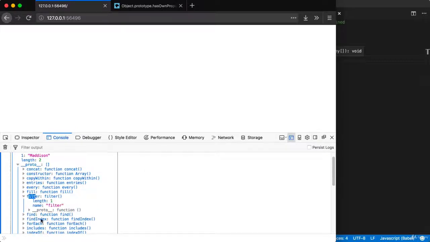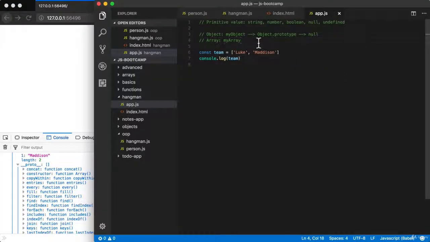We have things like find index. We have things down below like for each, includes. All of them are listed here. This is why all of our arrays have access to that shared set of methods. So we can tweak this comment a little bit. Right here, we know that we have my array. After that, we have